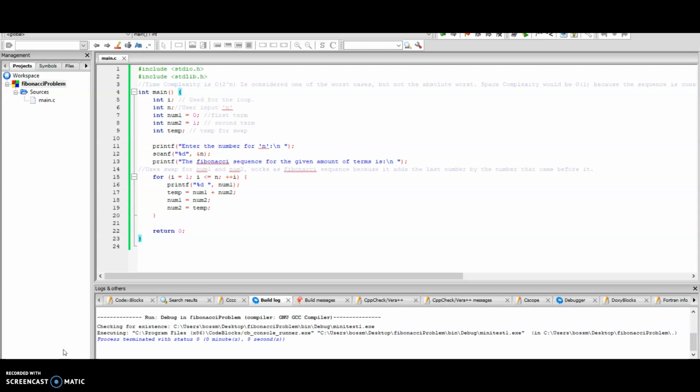This is for the upper bound, because the lower bound I didn't really bother with. I just did the upper bound. We assume that T of n minus 2 is less than or equal to T of n minus 1. With that knowledge, you can change the equation to 2T of n minus 1 plus c. Then you change it to 2 times 2T of n minus 2 plus c,